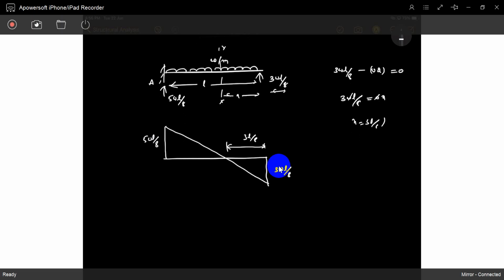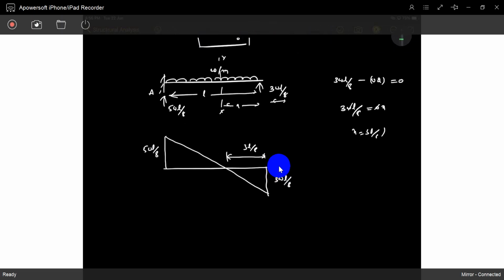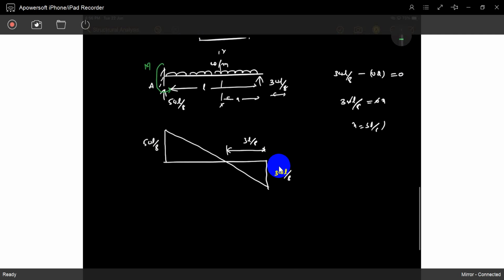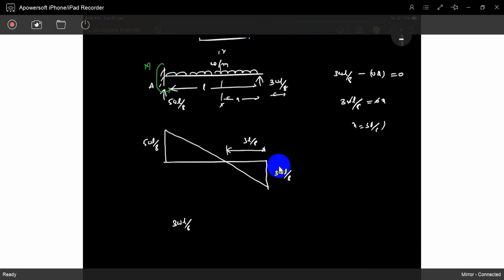So what is the moment at A? Just assume moment is like this. So what is the M? Just write the equation: 3WL by 8 multiplied with length L. So this is going to be this direction, 3W into L. If it is W into x, this is the gravitational load. This will go by x. So negative W into L, L by 2. So M, I took some direction. So 3WL by 8, this is the same direction, M is equal to 0.